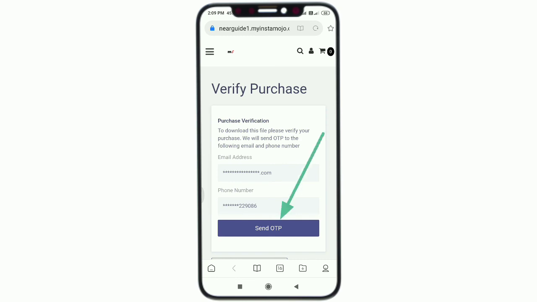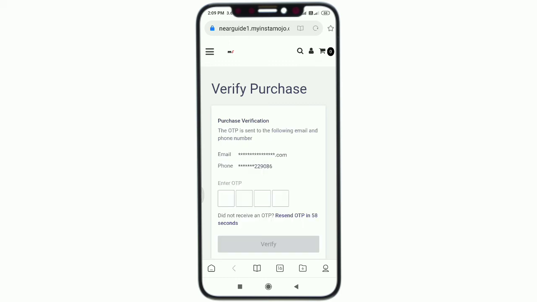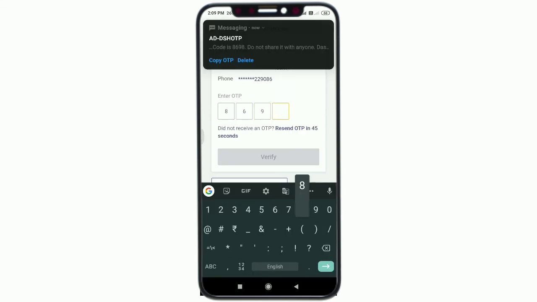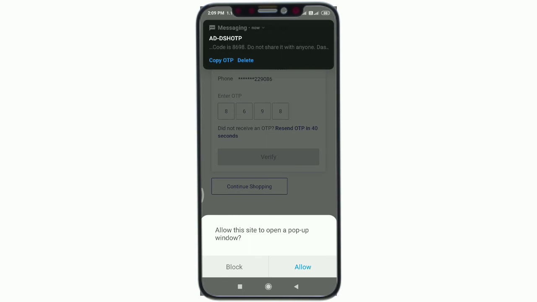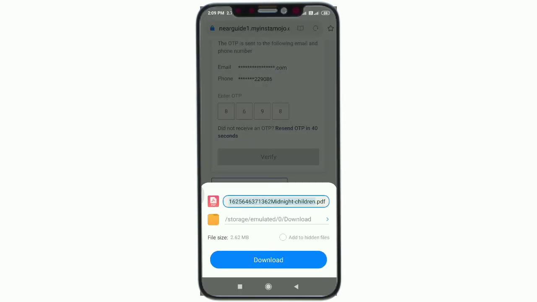When you attempt second time, there is required your OTP, which is provided to your mobile number. Then click here send OTP and fill the OTP here. Then press the verify. Then allow here. Now you can download this.